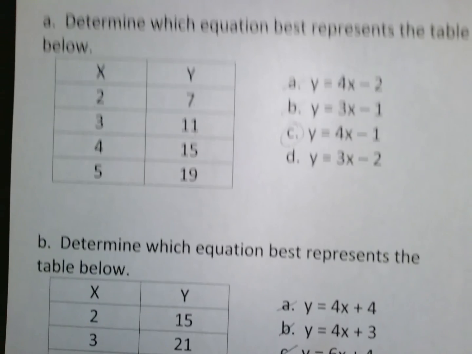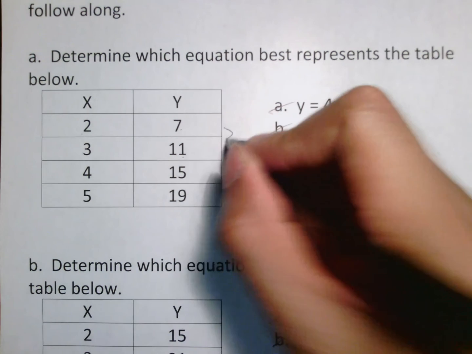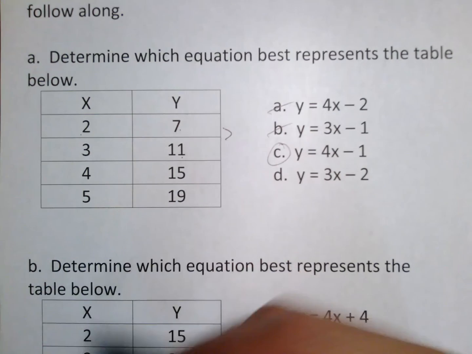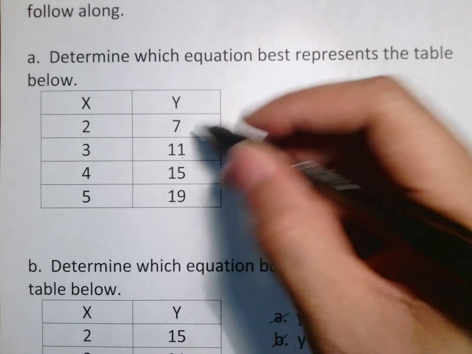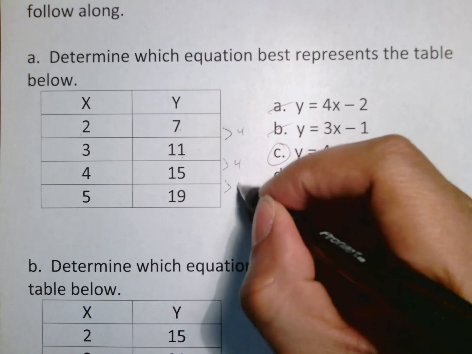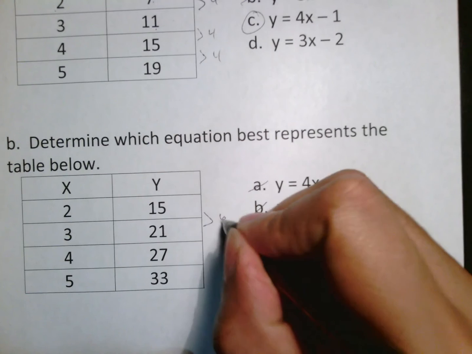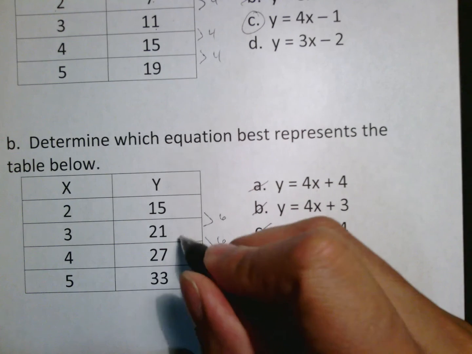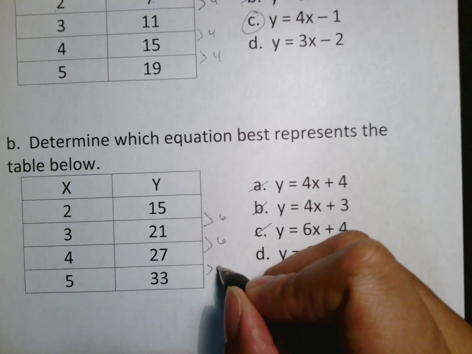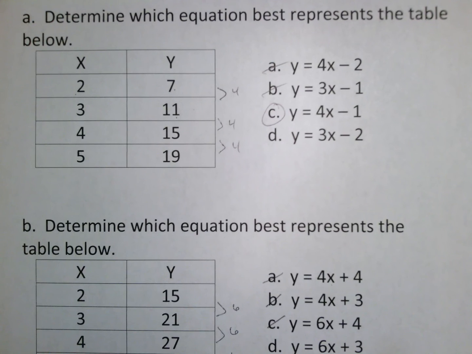Now there's one more thing I want to talk about before we do the last example and you get to work on the MathXL. Again, please make sure you're paying attention to this because I notice that some of you are not catching all the material. If we do the silly game of, because this is going 2, 3, 4, 5, 11 minus 7 is 4, 15 minus 11 is 4, 19 minus 15 is 4. If we do the silly game of 21 minus 15 is 6, 27 minus 21 is 6, 33 minus 27 is 6, again always second minus first,